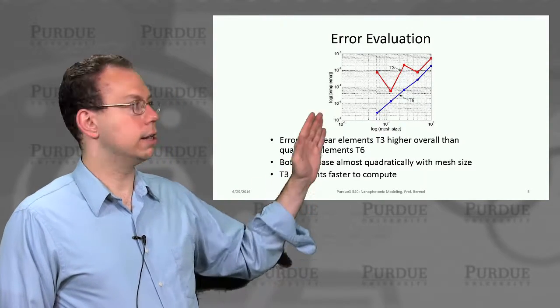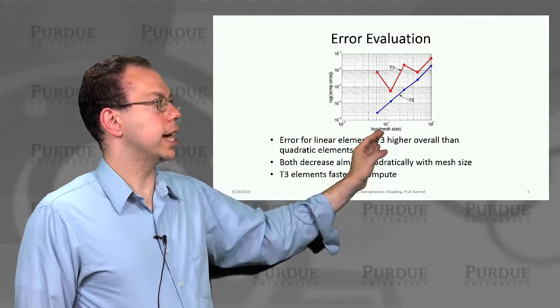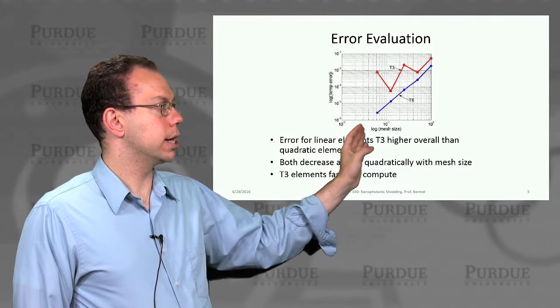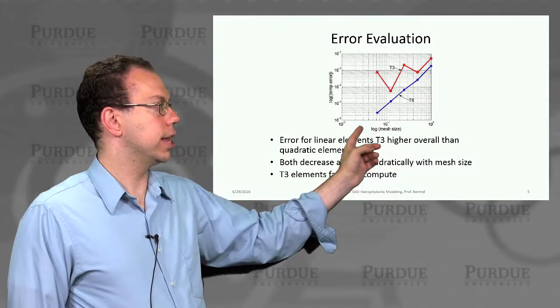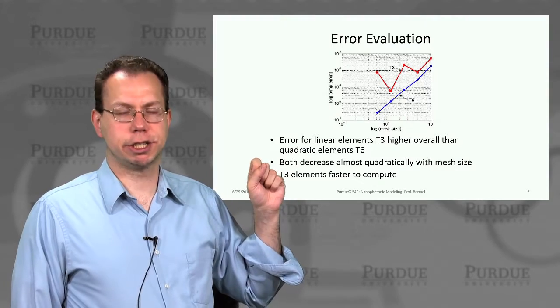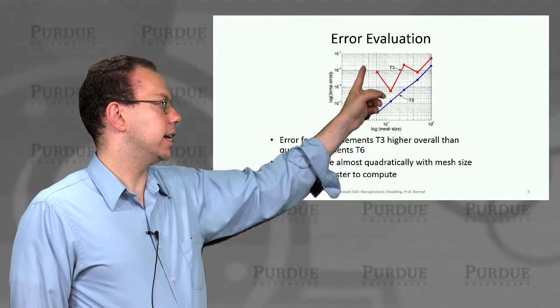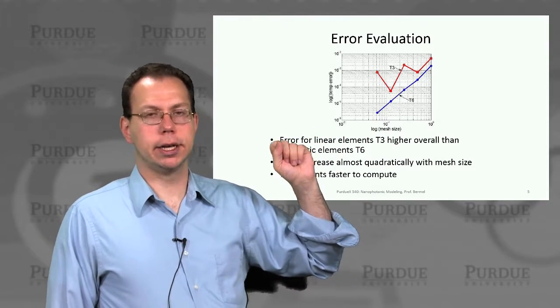And just to quantify this in more detail, what's happening. So we see that if we plot the log of the mesh size on this x-axis, then of course going to the left-hand side in the way that this is plotted means you have a finer mesh. And then we plot on the y-axis the log of the error. So this is actually a log-log plot here.